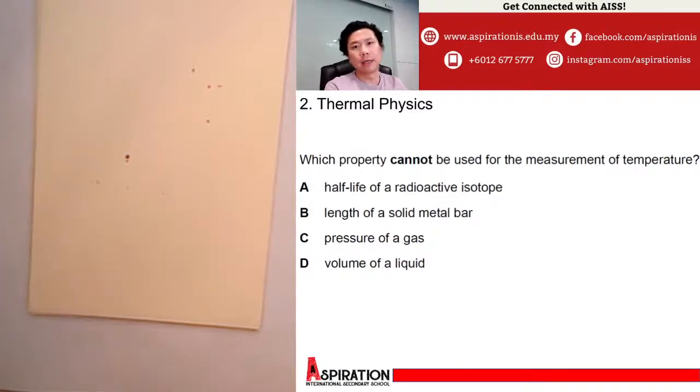So this is a very clear-cut textbook question. In fact, usually you get this question in the last topic. Absolutely right, I see the answers coming in. So the answer is A. Remember, temperature does not affect the half-life of a radioactive isotope. Thank you, Ian, Dion, Kenjin, Angsin, very good. So yes, half-life cannot be used. Radioactivity has nothing to do with temperature. You've got to remember that. So number 2 is A.